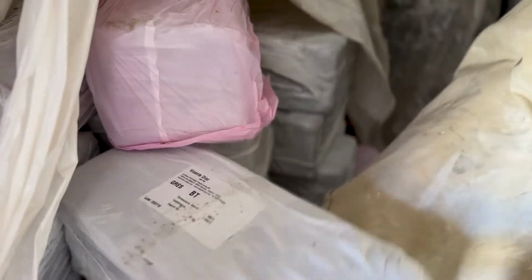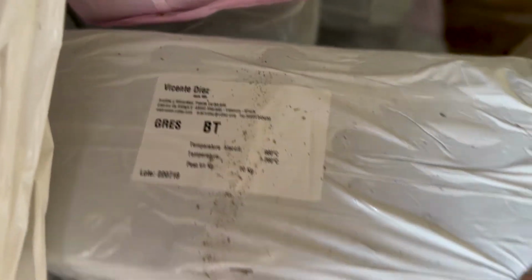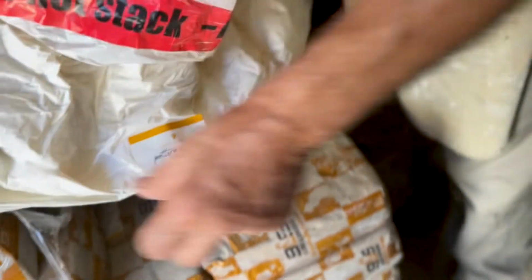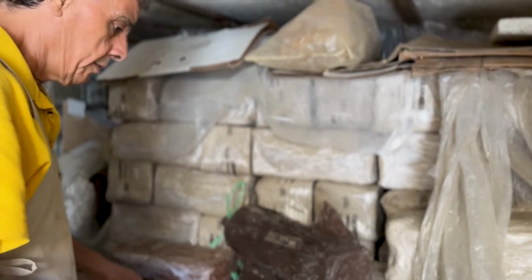This one is from Germany. Yeah, I know, I use this myself. It's a good clay. It's easy to work with, and also I can make bigger things. And now I'm taking